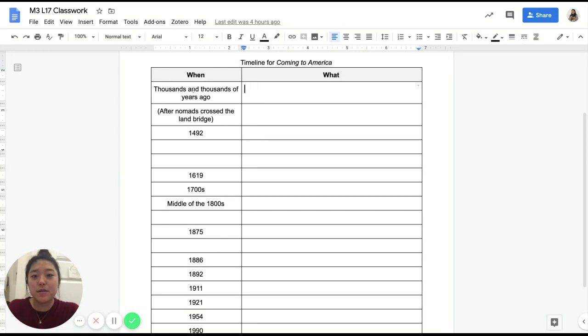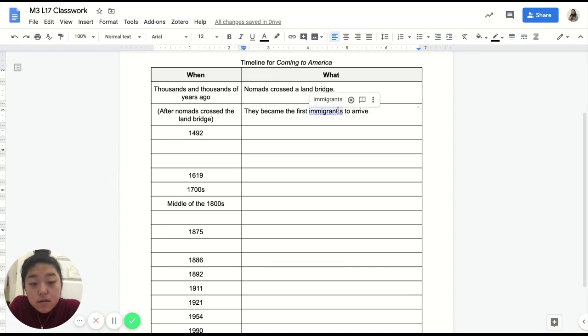All right, so we know here, thousands and thousands of years ago, that nomads crossed a land bridge which led them to North America. So after the nomads crossed the land bridge, right, they became the first immigrants to arrive in North and South America. And in 1492, millions of people were living in America